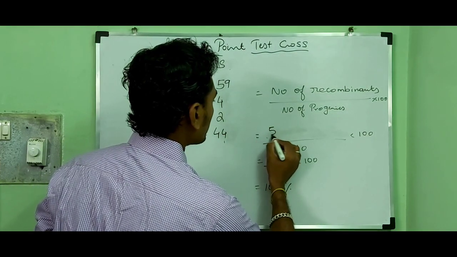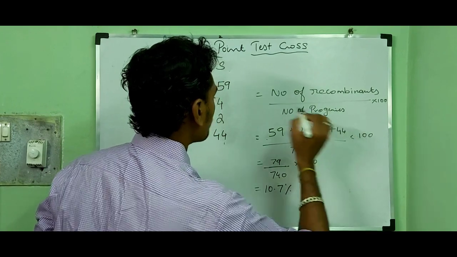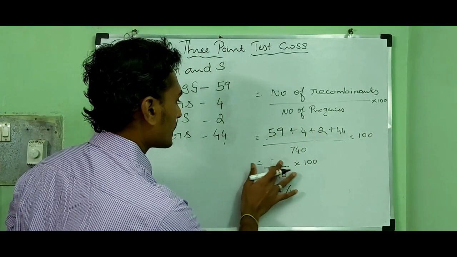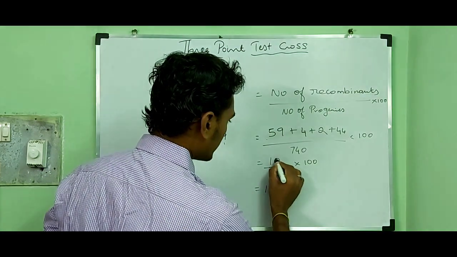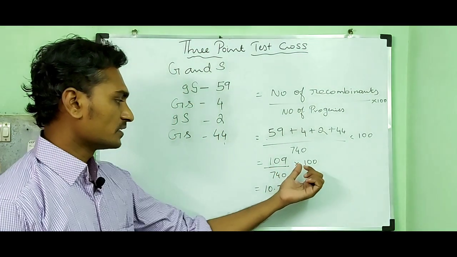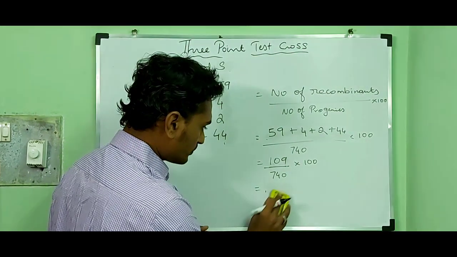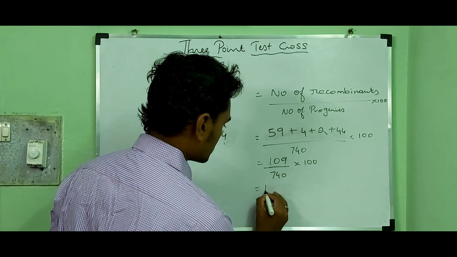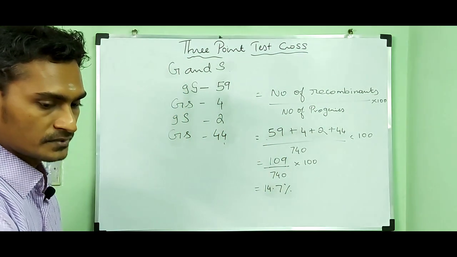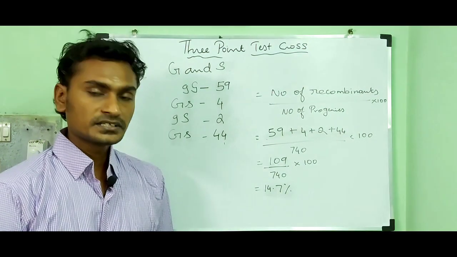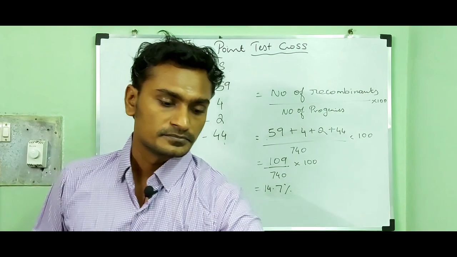So 59 plus 4 plus 2 plus 44. The answer is 109. So divided by 740 into 100, and that value is about 14.7%. So the recombination frequency between L and